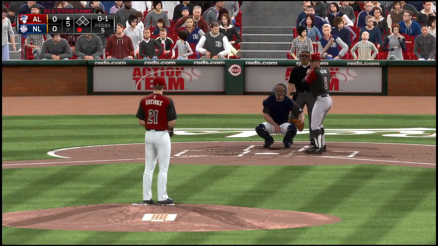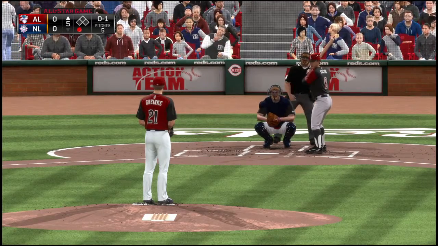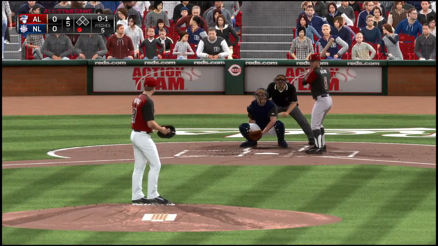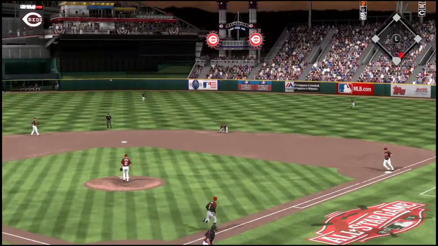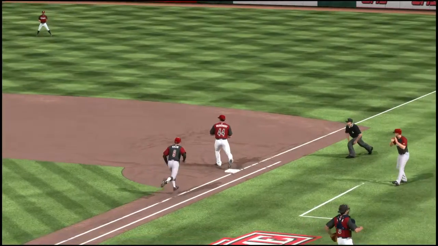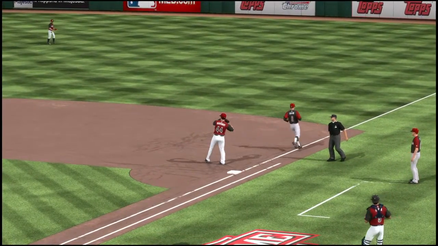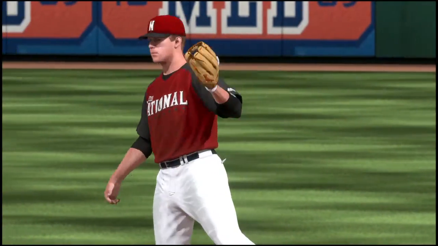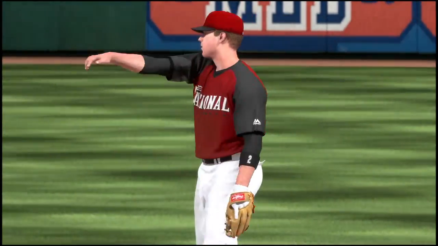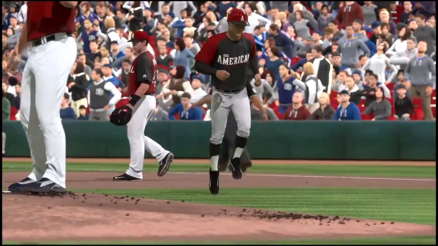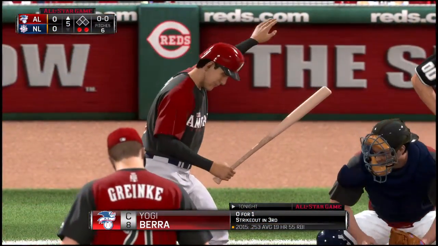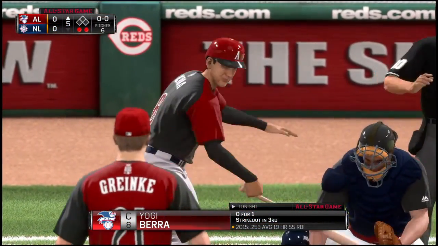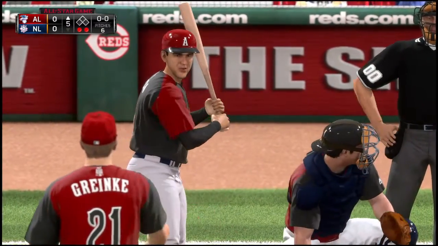Couple of righties starting to loosen now in the bullpen. Now the pitch. Now here's a swing and another chance out there at second. Throw on to first is in time, and Greinke's got himself 2 outs. Now batting, catcher, Yogi Berra. So bases are empty here with 2 gone, and it's a chance to see Yogi Berra swing the bat here.